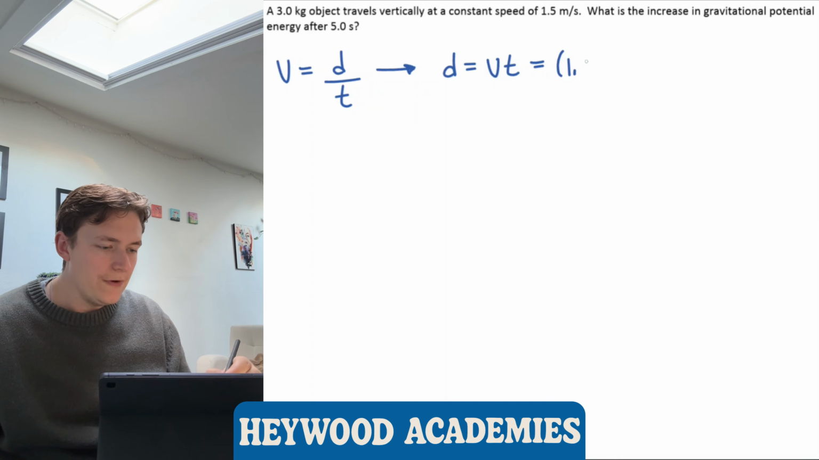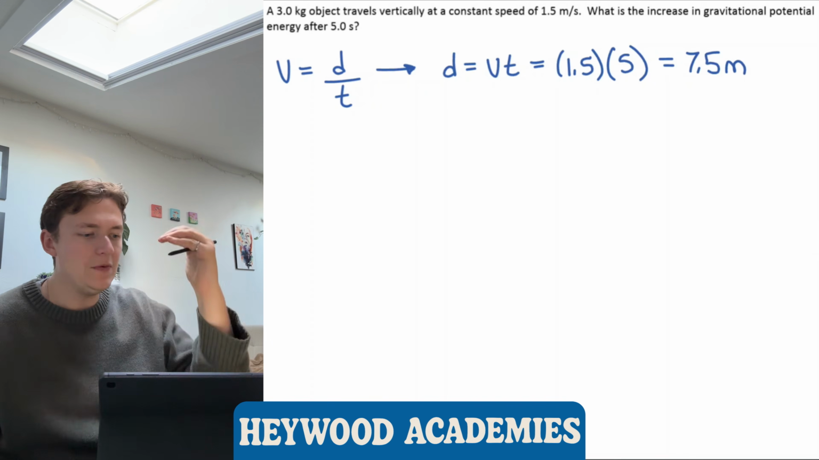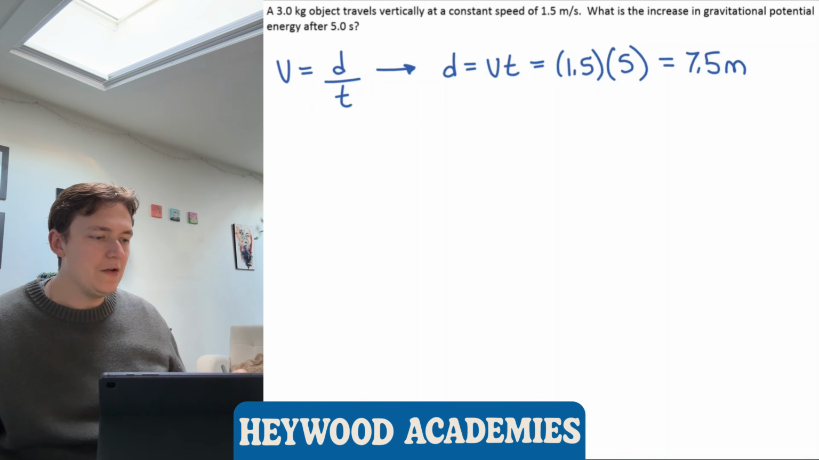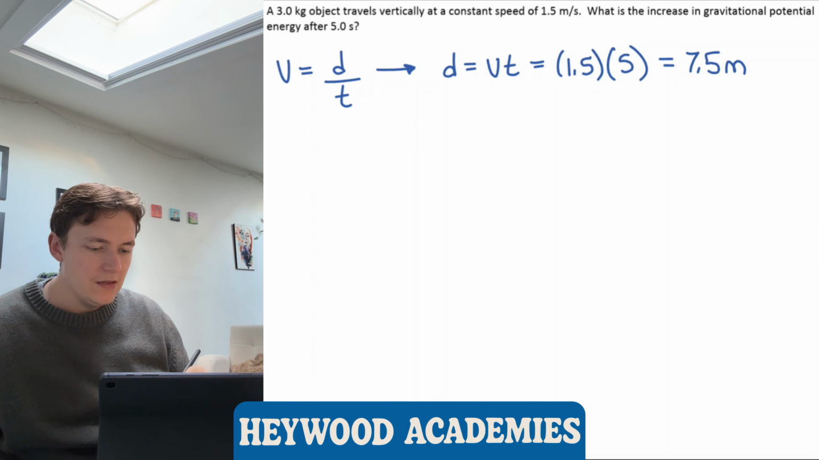We've got 1.5 meters per second, and we're traveling for 5 seconds. So that should give us 7.5 meters. So that's how high we travel. Then the increase in gravitational potential energy. So our change in potential energy